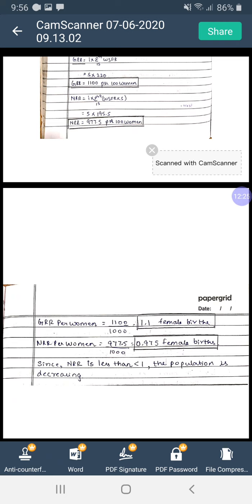Next, a small topic, that is the life table in vital statistics. By this your vital statistics chapter will get over. Next we will move on to index number. So in vital statistics, next class I will do the life table topic. It is a very small topic. By that I will finish this chapter.